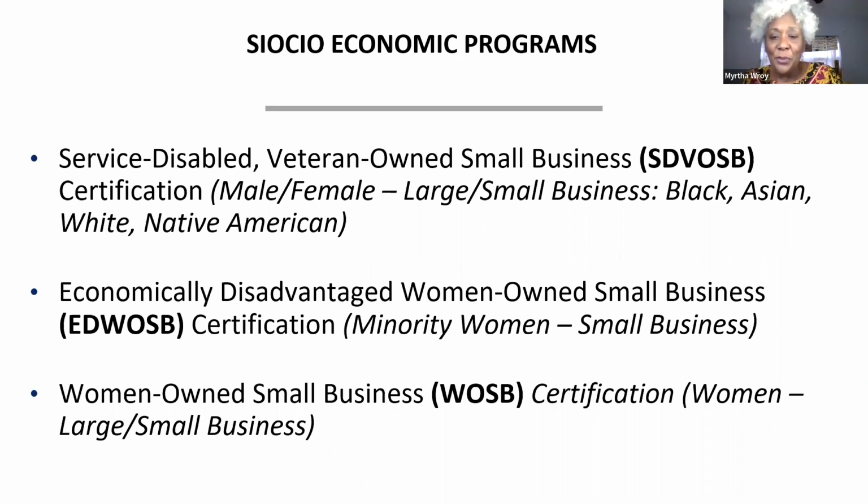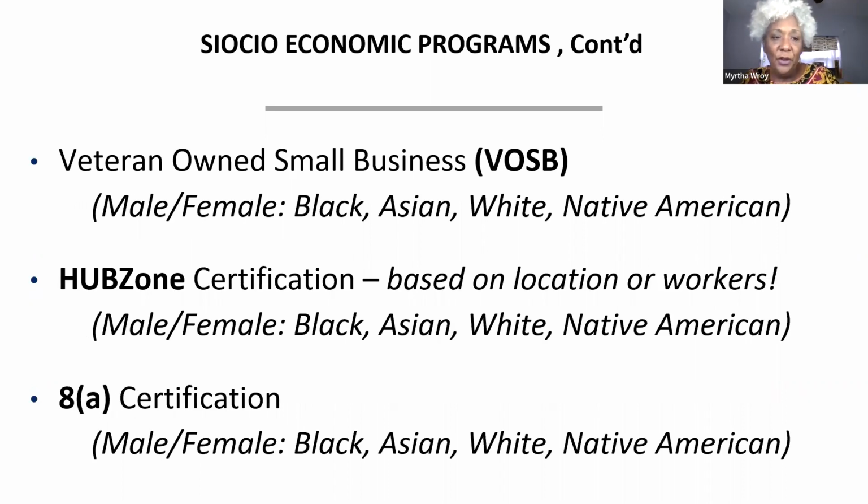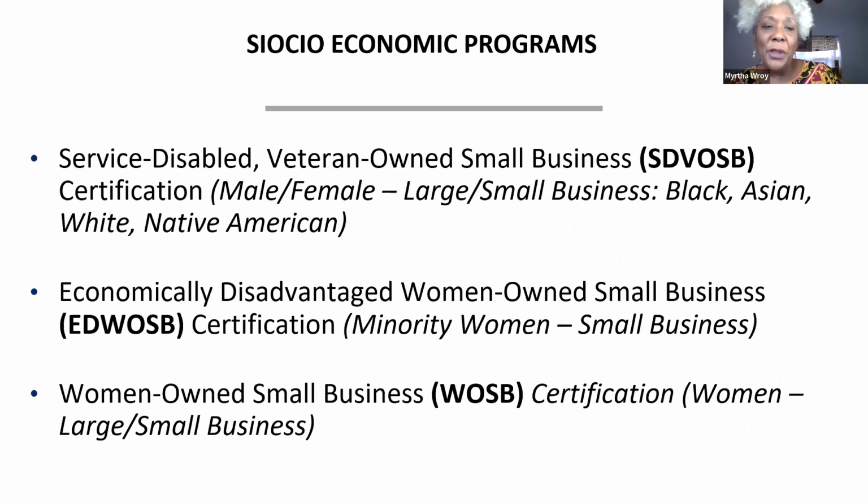But as you can see, this one is open to large or small business, and this one is only for small, meaning the pool is smaller here. So that's an advantage over this. And again, for veteran-owned business, you don't just have to be service disabled. If you served in the military, this one only requires the DD-214 for the veterans, whereas this one requires your DD-214 plus your disability award letter.